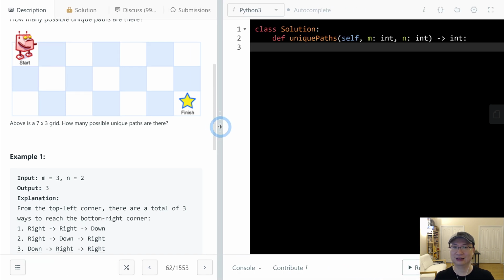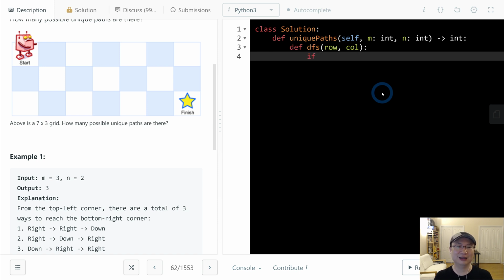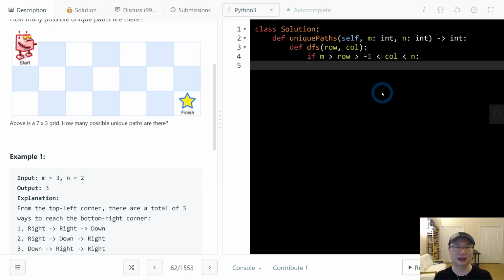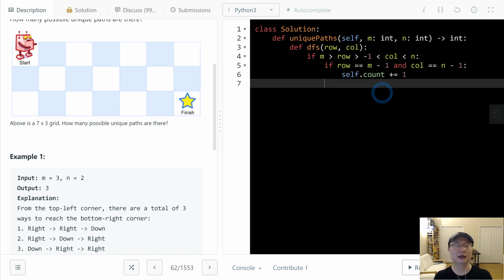Okay, let's implement it. def dfs, with row and column. If it is in boundary, m row, and then row is from 0, and column n. The base case is if row is m minus 1, the finish, and column is n minus 1. At this time we need to increase the count by 1, and then we move to the next: move down,